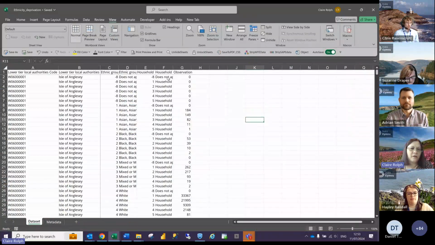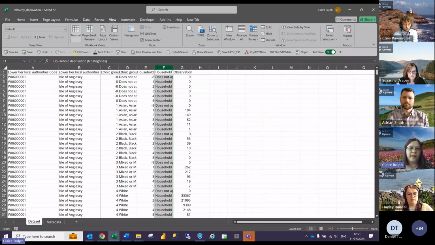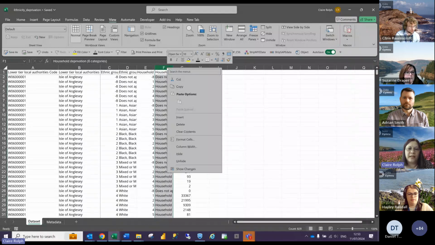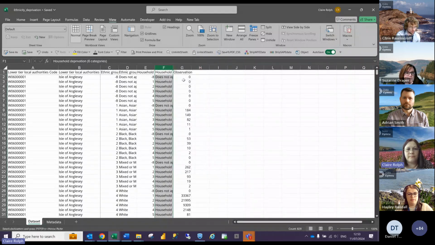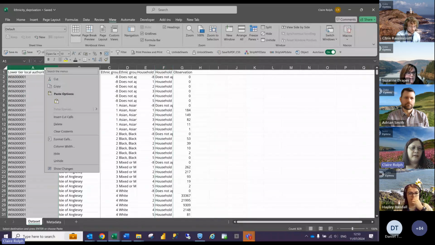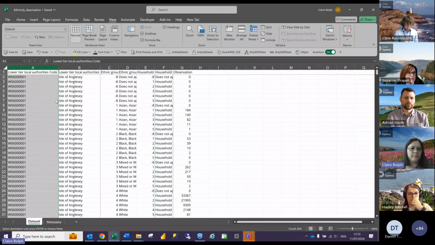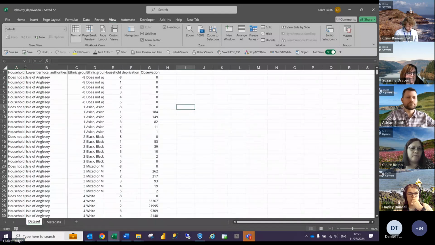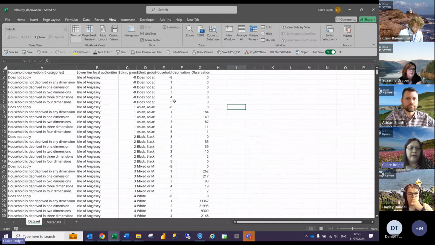Okay, so if we wanted to bring in column F, highlight the whole column, right-click, cut, and then if we wanted to put it at the beginning of our spreadsheet, highlight column A, right-click and paste. So now our column has moved from column F to